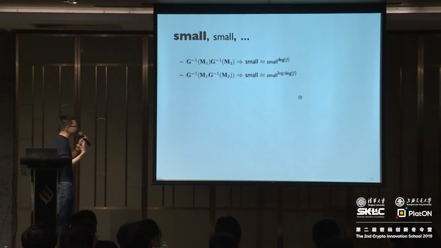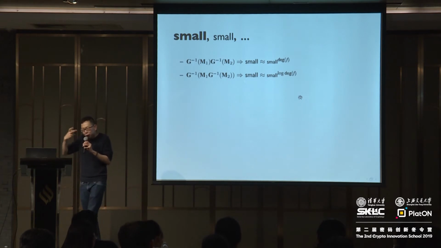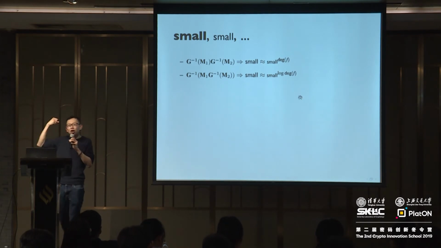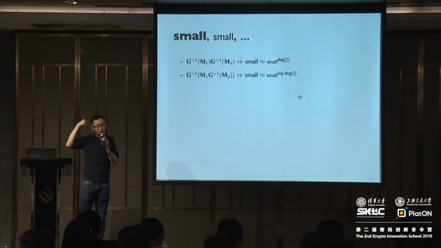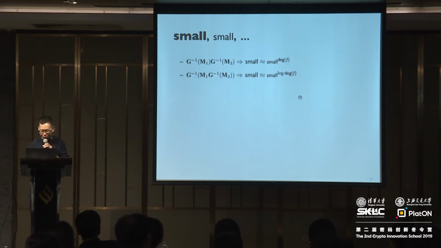Alright, so this is one of the ideas that we use to make sure that the smalls don't grow too much. This is how small, we want the small not to grow too much because it affects the quality of the LWE assumption. We want to control the noise. If the noise is small, you get security under LWE under qualitatively weaker assumptions about LWE. Okay? So this is one of the ideas by which we make this small value small. I want to also describe the second idea from the literature for controlling small values.